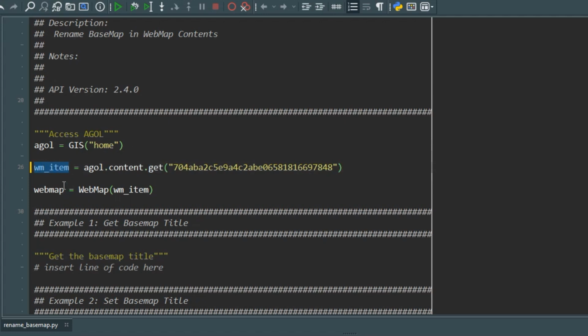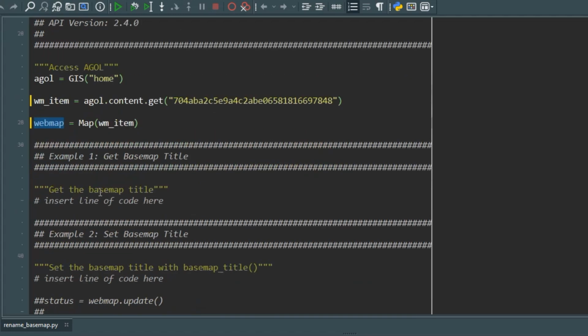We then want to create our map object, not our web map object. The map object came in as of API version 2.4.0 to replace the old web map object. We take our web map item and we use it to create our map object, which is assigned to a variable called webmap. We now want to simply get the base map title, the current title,